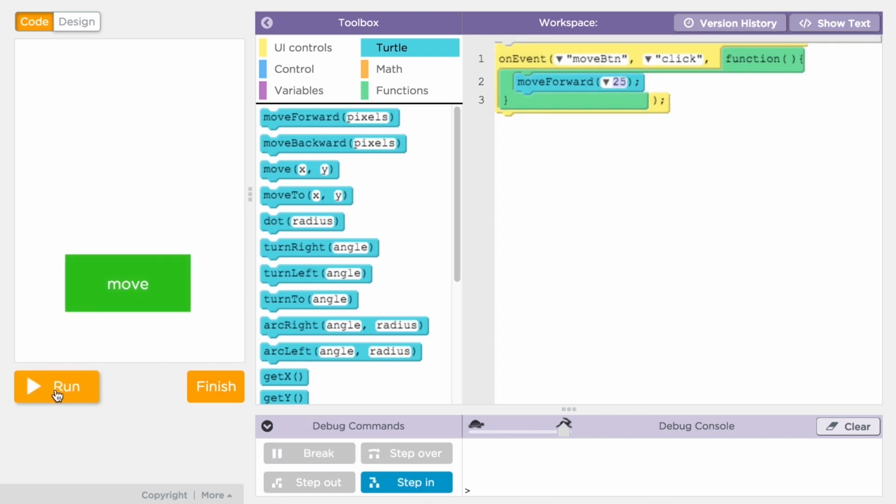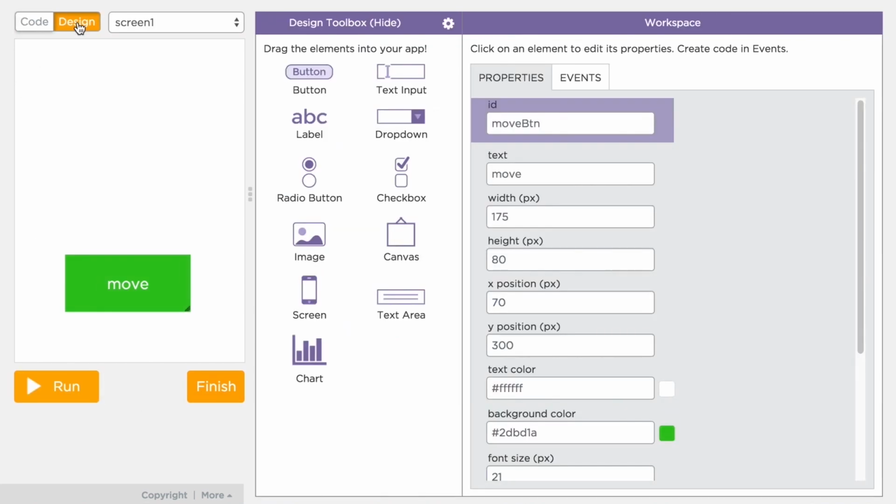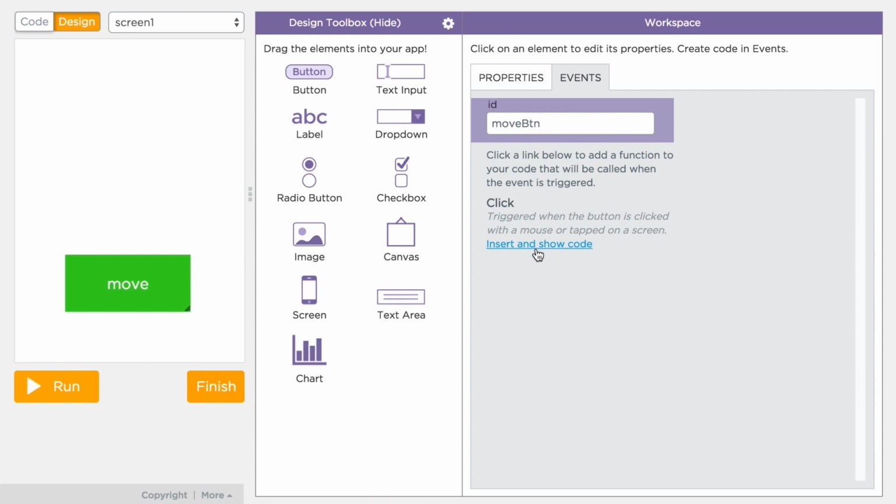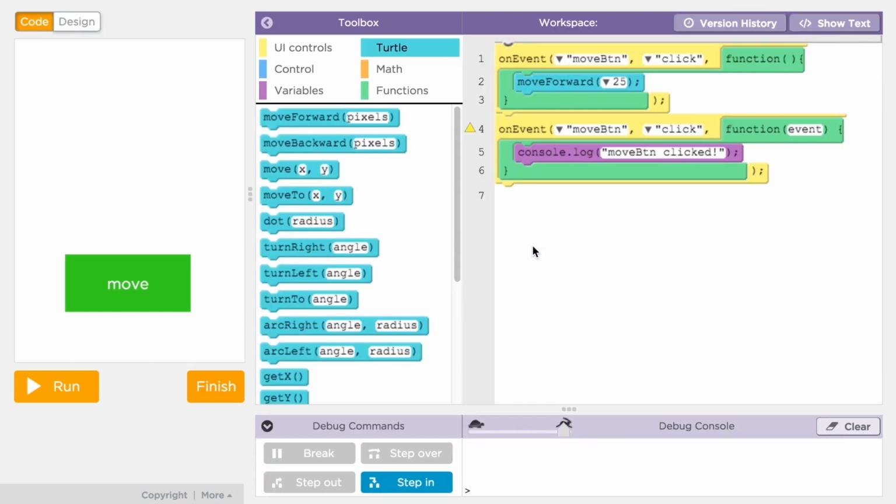There's also a convenient way from design mode to insert an event handler in your code. In the design workspace, if you click on the Events tab, you'll see one or more suggestions for typical events for this kind of element. You will see a link that says Insert and Show Code. If you click it, it'll append an on-event command to your code and set the ID of the element and